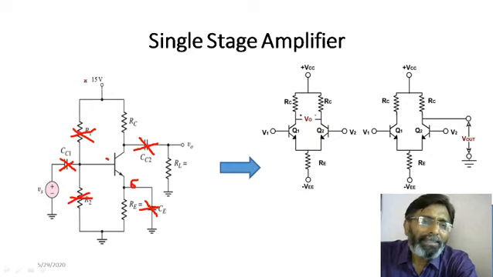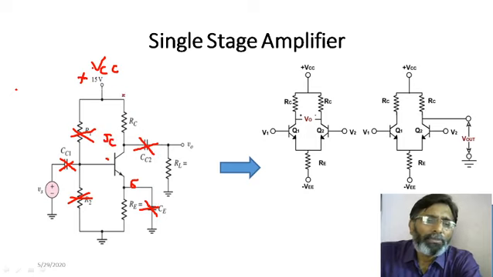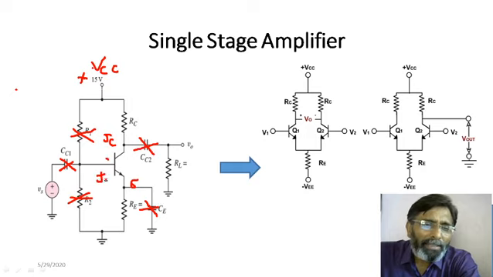See, in this case, this is the positive supply which we call plus VCC. And what is the purpose of this? This is to bias the collector junction in reverse bias. Now, if I don't use this, I have to bias the emitter junction, and for that I have to use another supply which I call minus VE.